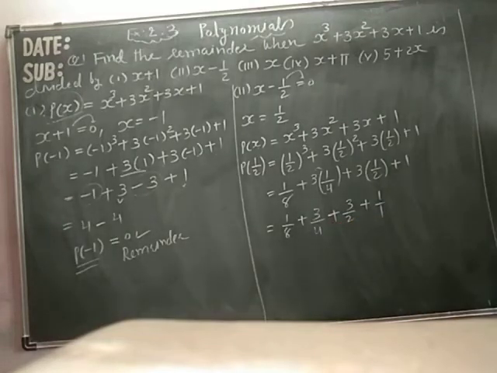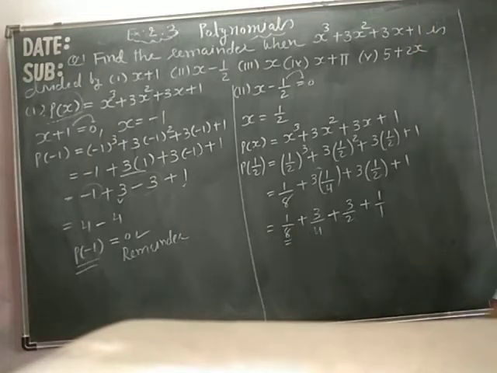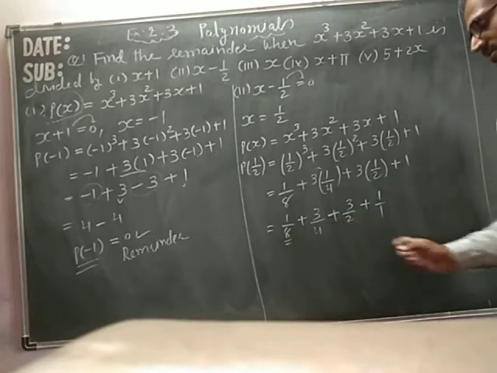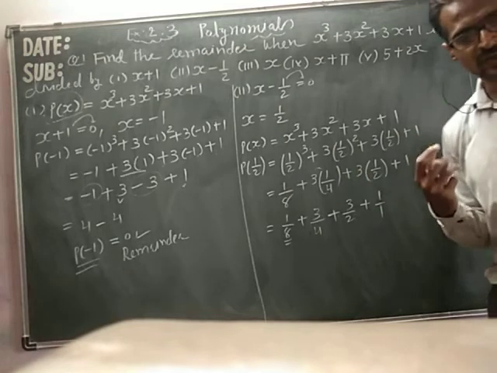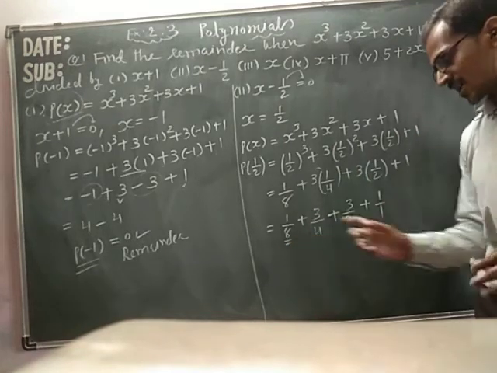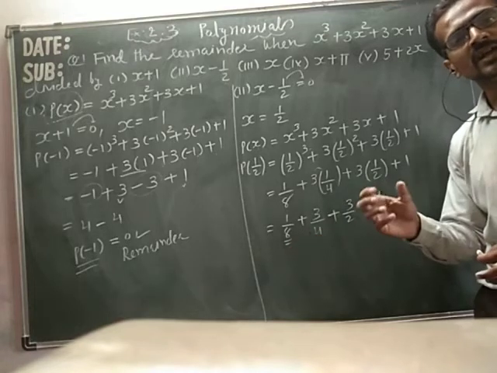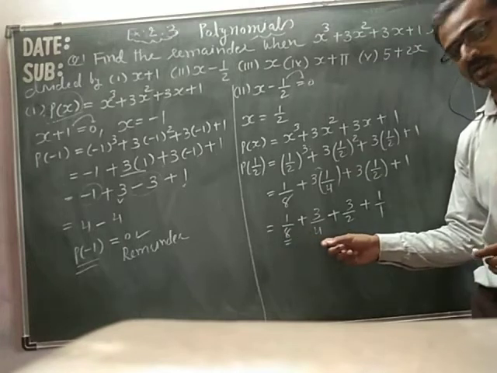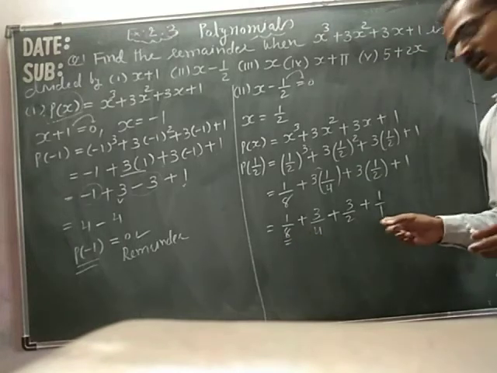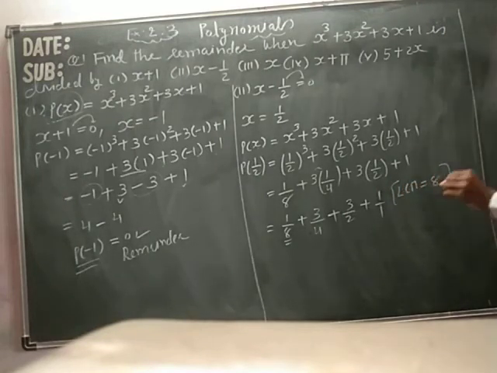To add the fractions, you have to find the LCM. Generally, whatever the greater number is, if this greater number is divisible by all the numbers, then that greater number will be the LCM. Let me explain how. The greater number is 8. If 8 comes in the tables of all the numbers, then 8 will be the LCM. See, 8 ones are 8, and in the table of 4, when does 8 come? 4 twos, in the table of 2, 4 fours, in the table of 1, 8 ones. So here the LCM is 8.